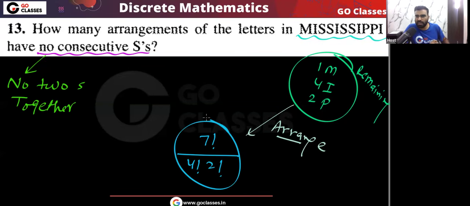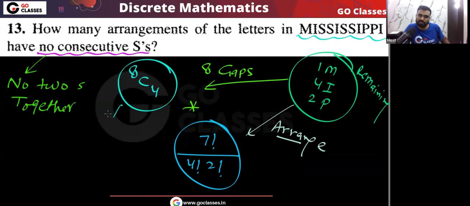Now after the arrangement of the remaining elements, how many gaps will there be? Tell me. If you arrange this, then how many gaps will there be? Because there are a total of 7, there will be a total of 8 gaps. From these 8 gaps, we will choose 4 gaps to put S, because there are a total of 4 S. Now because all the S are the same, there is only one way to put S in these 4 gaps. So from 8 gaps, we will choose 4 gaps. In these 4 chosen gaps, there is only one way to put all the S, because all the S are the same.